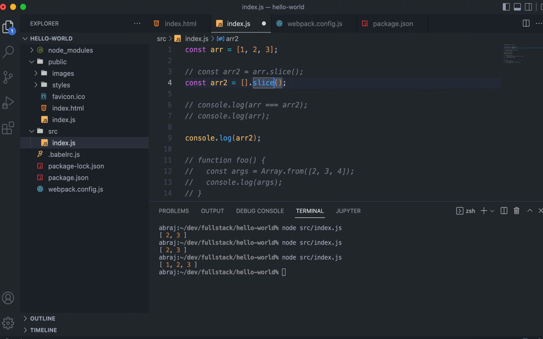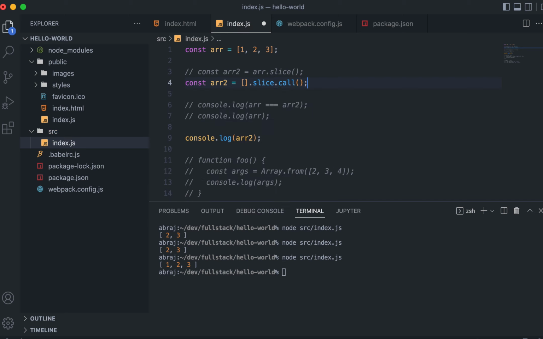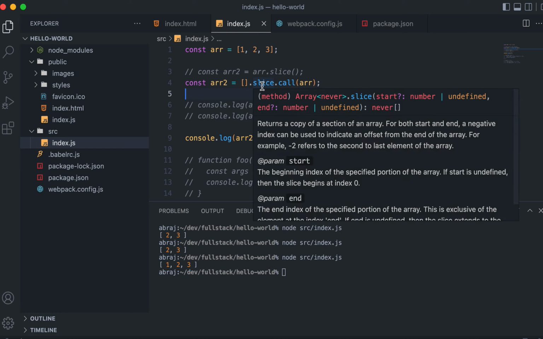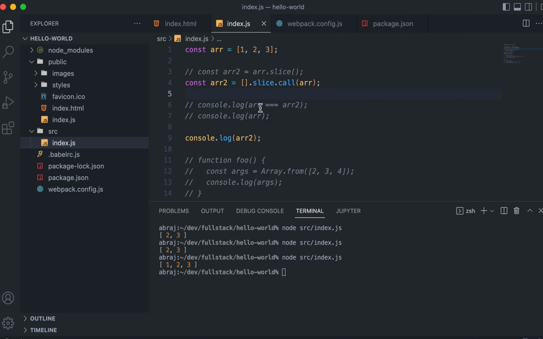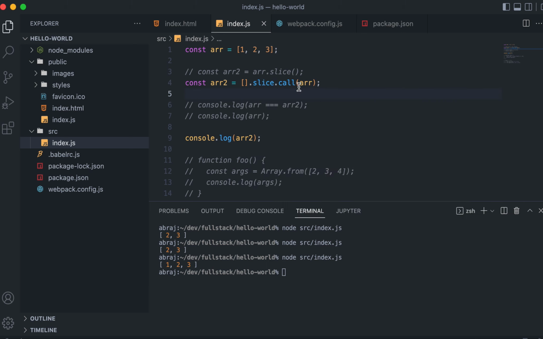So rather than directly calling, what if I do dot call, and now I can pass one argument as the first argument as the this, and the this I want is arr. So this will call the slice function, but before executing it,